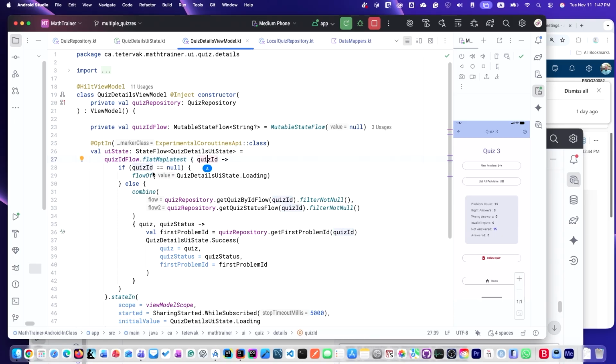When quiz ID is null, you use flow with loading. So this is how loading ends up while we have quiz ID null. So it is manipulation how we get state loading when quiz ID is null. It is from this line. After this,